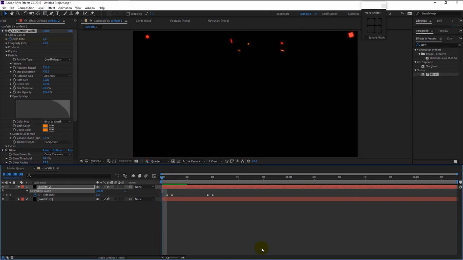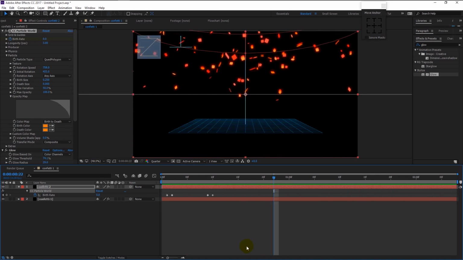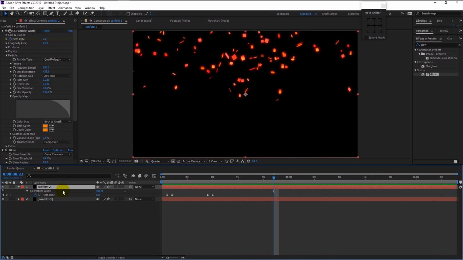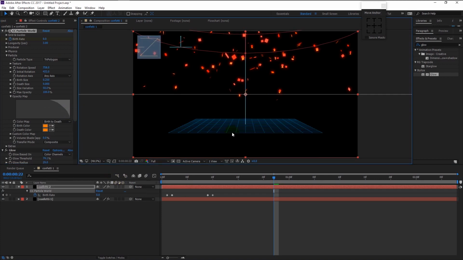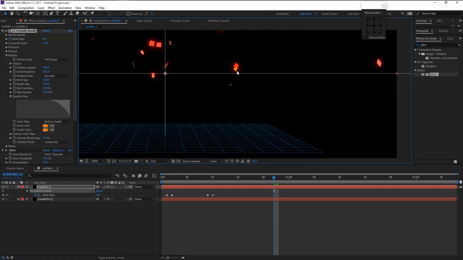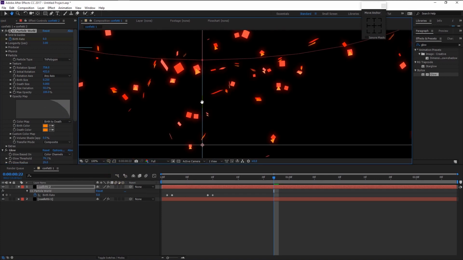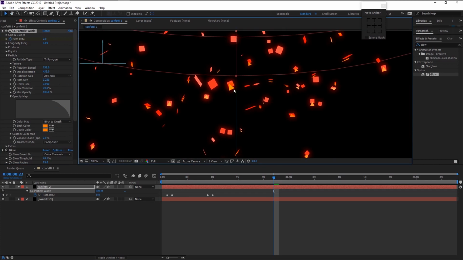If I play it, that looks great. We can change the shape of the confetti of our second layer by changing the particle type to tripolygon. As you see, that our shape has been turned into triangle confetti. To make this layer differ from our first,